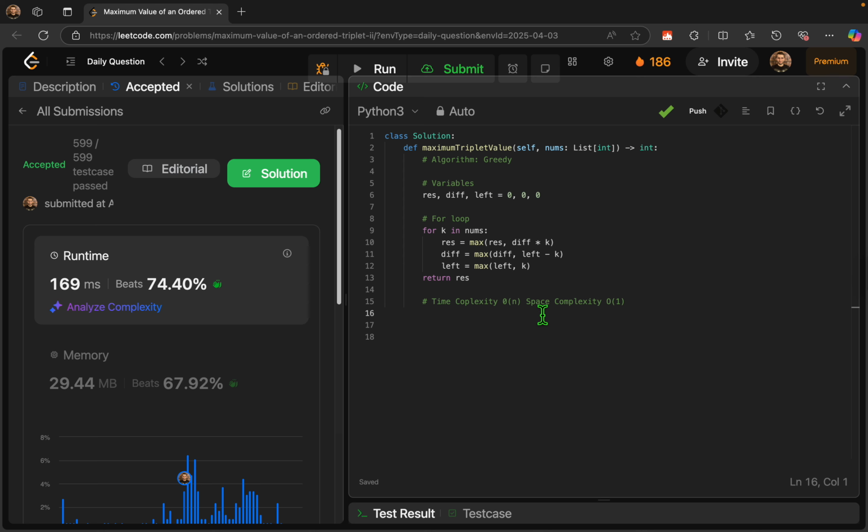So we may put it like that: space complexity here, and time complexity will be related to the for loop, because we only check with a single pass. Then greedy works perfectly because of the built-in method